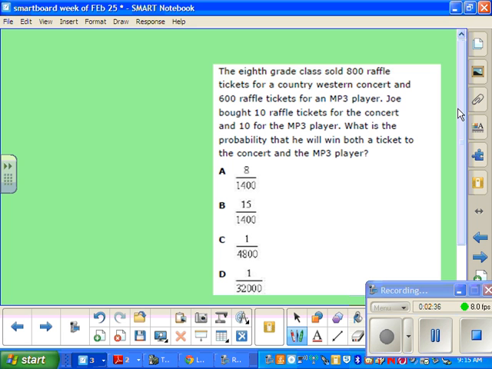Alright, this next question says, the 8th grade class sold 800 raffle tickets for a country western concert and 600 raffle tickets for an MP3 player. Joe bought 10 raffle tickets for the concert and 10 for the MP3 player. What is the probability that he will win both a ticket to the concert and an MP3 player? So, as we did in class today, this is what we call a dependent event because